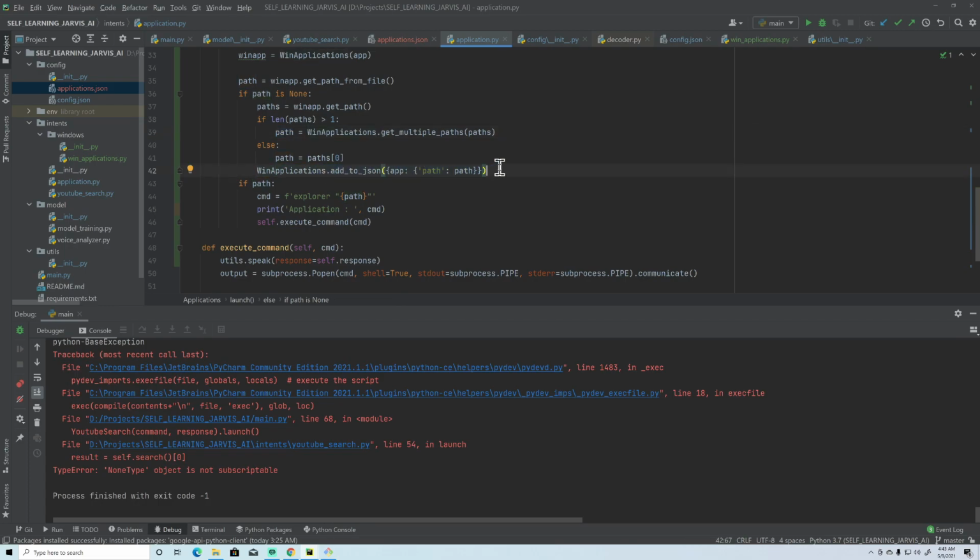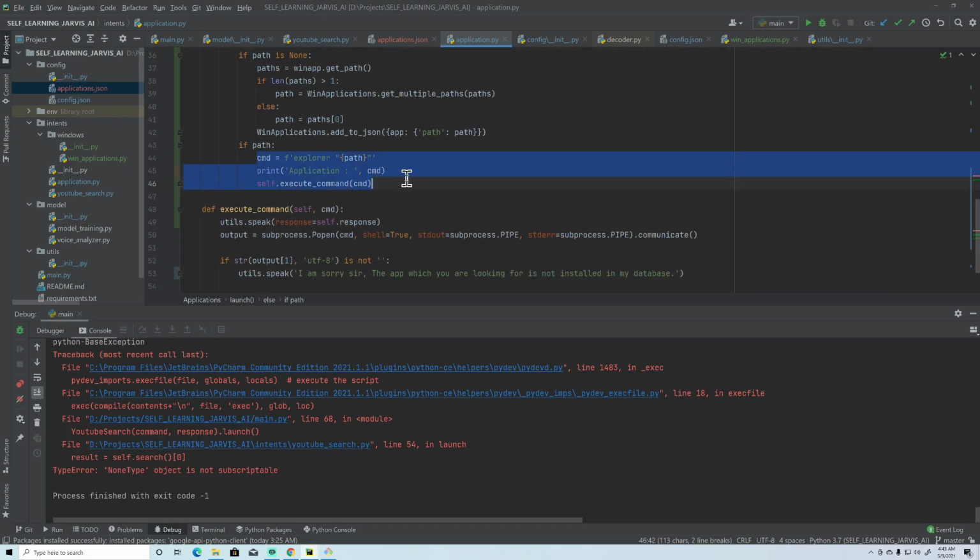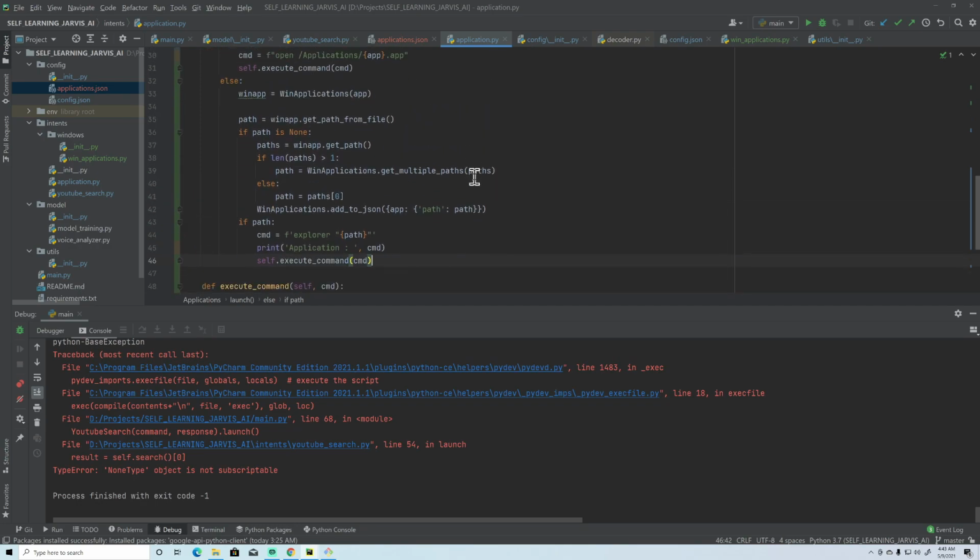But yes, of course, if it is not found in this application, that is why we have this application dot add to JSON here, when any of the paths is not found in our file, right? And after that we have this successful executing command, right? So guys, I hope this is clear to you. I'm going to commit this code on my